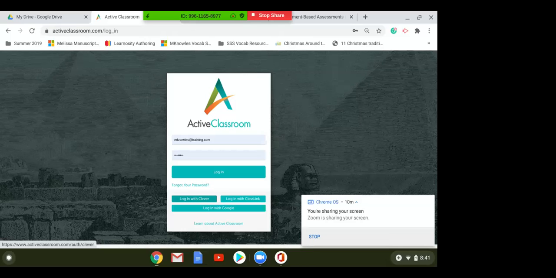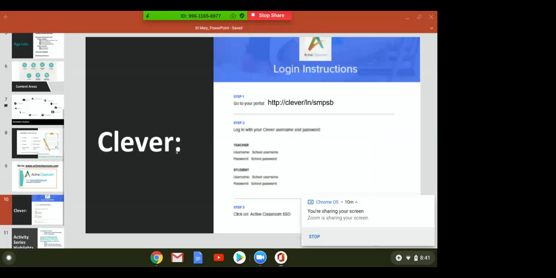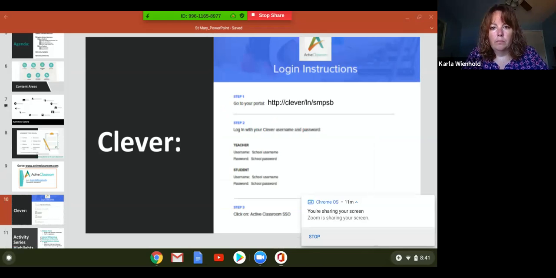So if you'll log into Active Classroom as a teacher, I'm going to put up the login information. I'm sorry, it's blurry. I went ahead and typed over, but it gives you your portal address. Then you'll use your Clever username and password and you'll click Active Classroom SSO. So if you'll log in as a teacher,